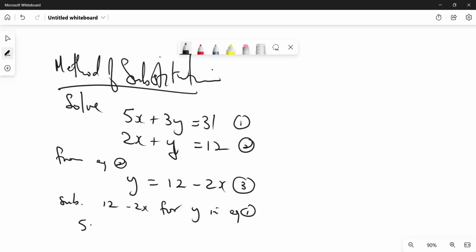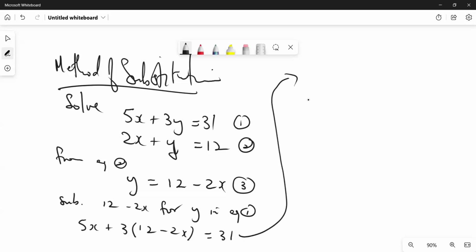So I have 5x plus 3 bracket, I'm going to write 12 minus 2x, right? Because that's y. Y is 12 minus 2x. So where I see this y, I'm putting 12 minus 2x, all equal 31. Now what you see here, there's no y now. You have an equation that is all x, which turns out to be basically what we will call a simple equation, right? We'll call that a simple equation, and we can take that now, and with our knowledge of simple equation, we